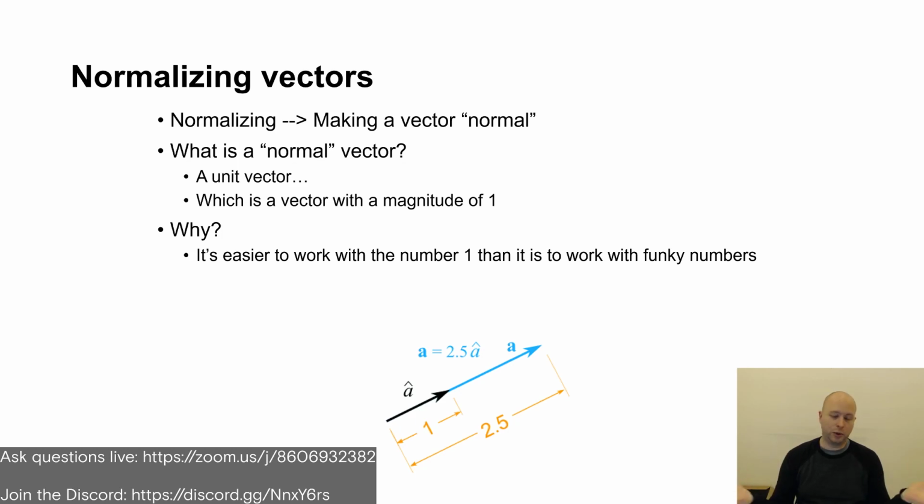To get this is actually quite easy. All you have to do is divide each of the components by the magnitude, and that's your normal. It's quite easy to do. So why is it important to normalize vectors? Well, it's a lot easier to do a lot of the math that we're going to do with 1,